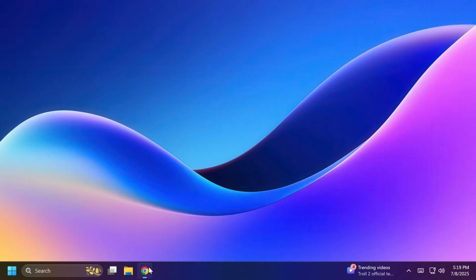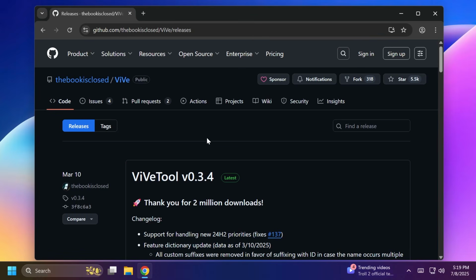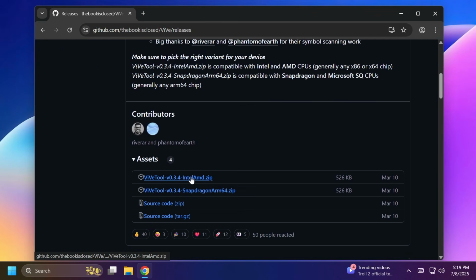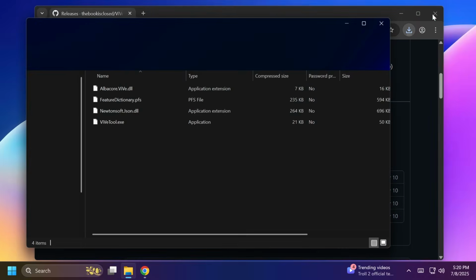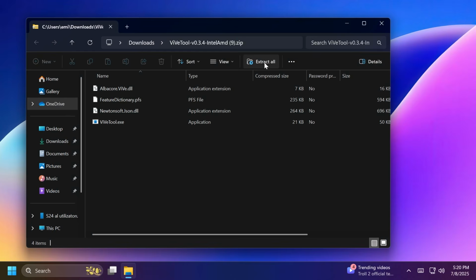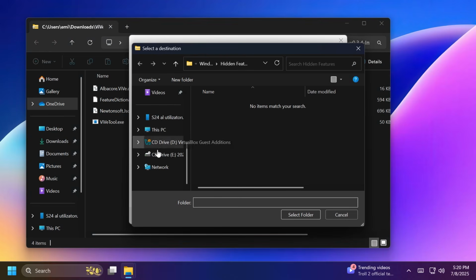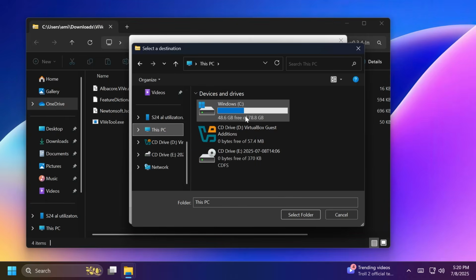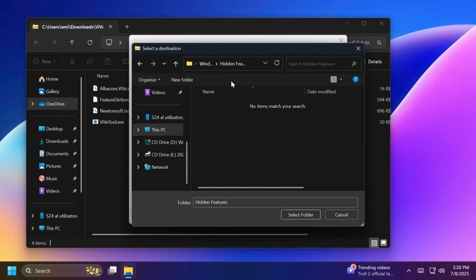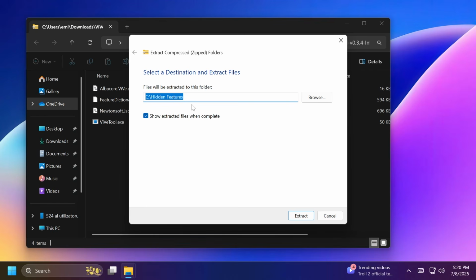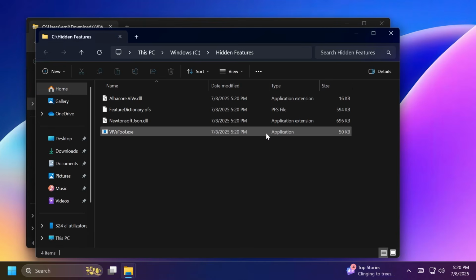So first of all, let's begin by setting up ViveTool. We're going to get ViveTool from the article below if you want to get it. Just get the latest version .zip, and then we can open it up using File Explorer. Click on Extract All, click on Browse, and make sure you extract it into a dedicated folder, for example this PC, local disk C, and create a new folder, Hidden Features. I'm going to select this folder, and I'm also going to copy the location because we're going to need it whenever we are running the commands. Then click on Extract. In my case, I'm going to have to replace the files in destination,